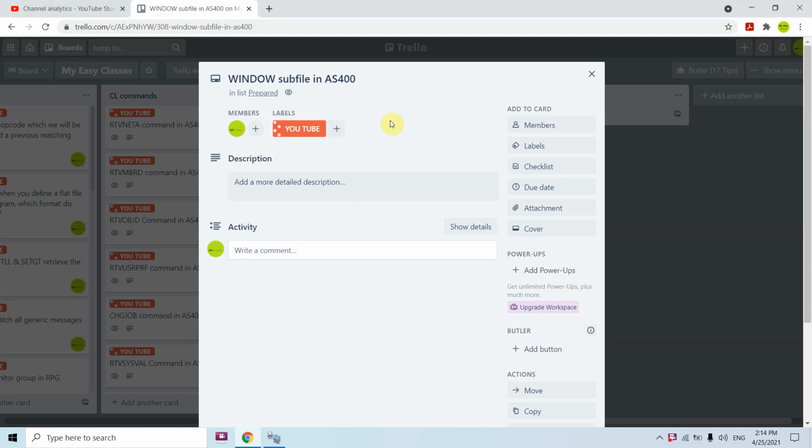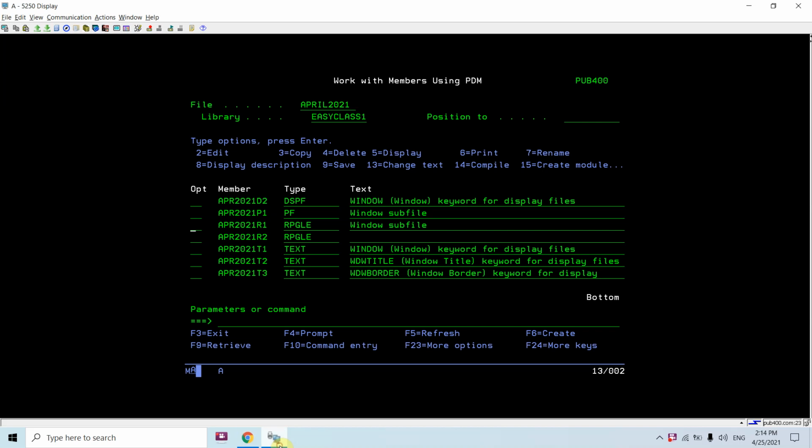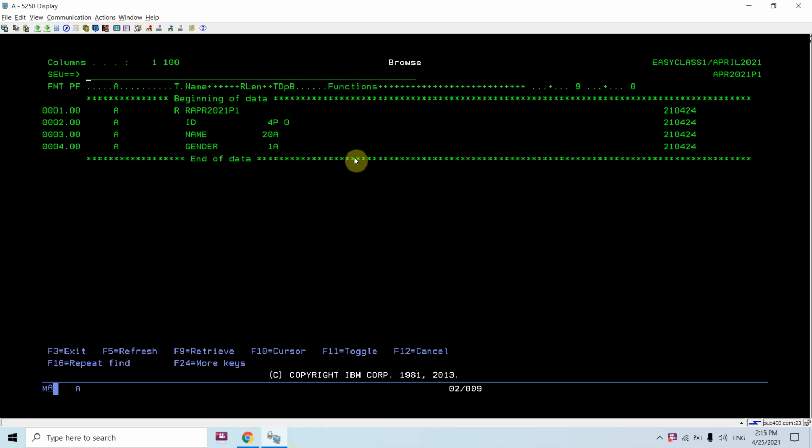Hi all. This time I'm going to present Window subfiles in AS400. I have created one example to show you the demo for the same. Let me open that. You can see I have created this PF, and I'm going to show the data from this PF